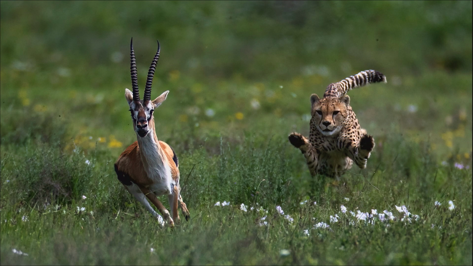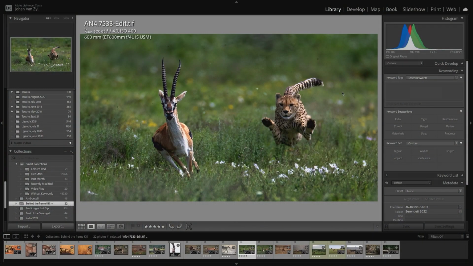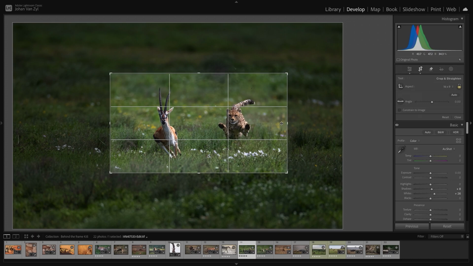So you've got a lot of light available. And like I mentioned, it's nice and open. So you can get yourself ready and make sure you have a fast shutter speed and be ready to capture the moment. One thing that I would advise, if I just show you, so you can see this is cropped